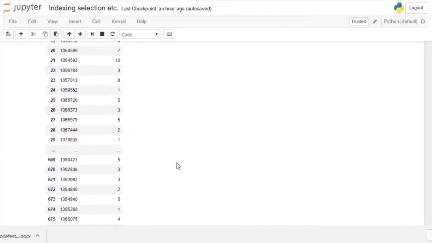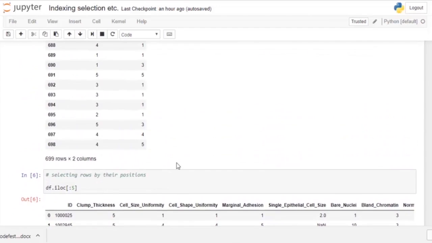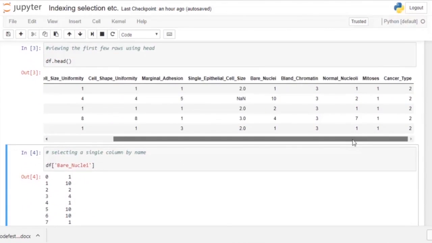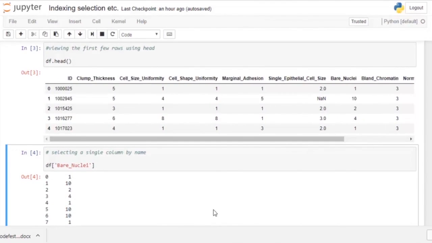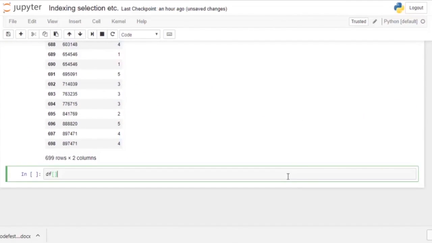Now what if I want to select rows based on some sort of condition? Let us first have a look at the dataset. So for example, let's just select the rows where the cancer type is equal to 2. What I can do is df, then inside these brackets is going to be my condition.